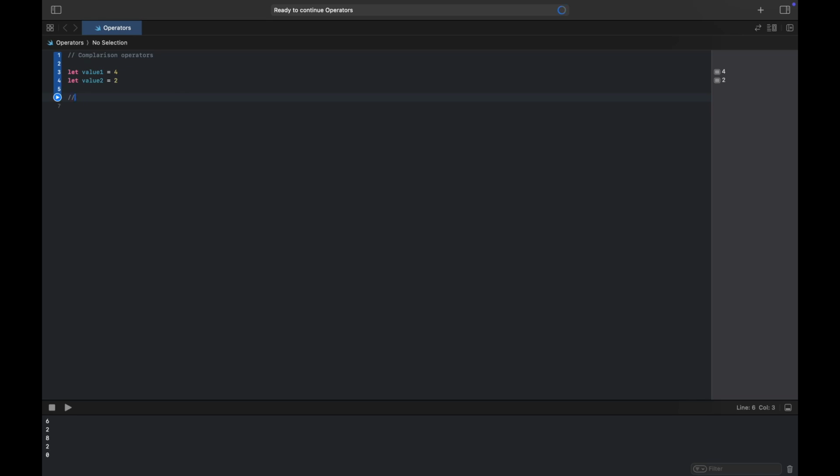First is equals to, second is not equals to, third we have greater than,